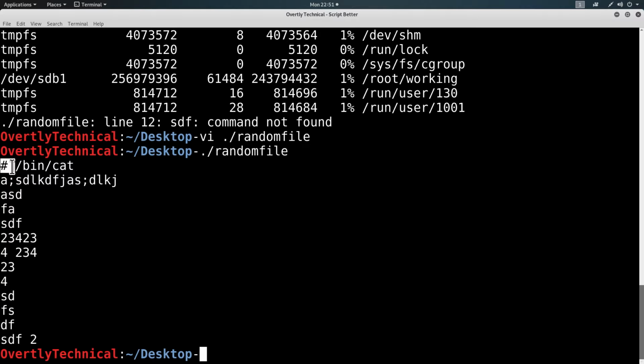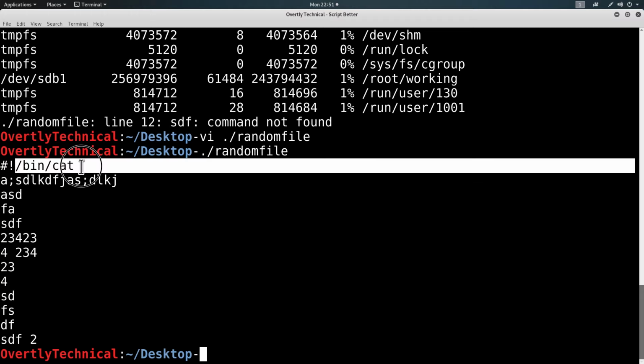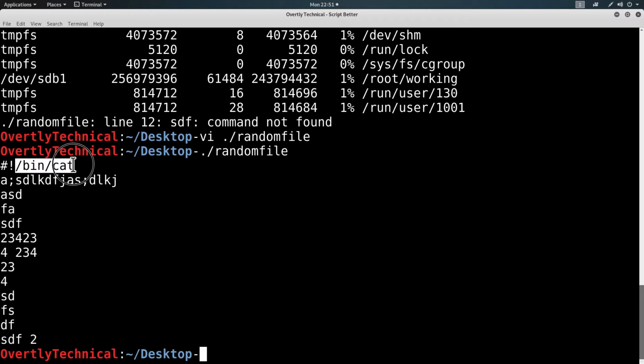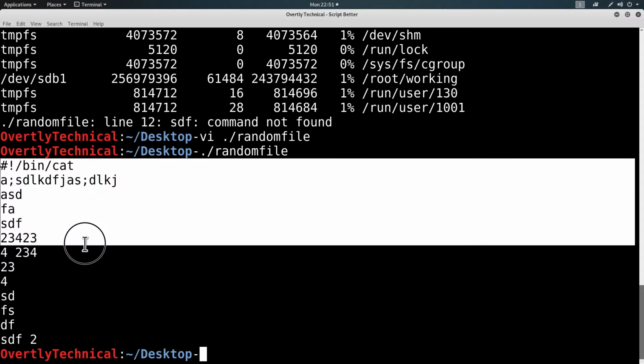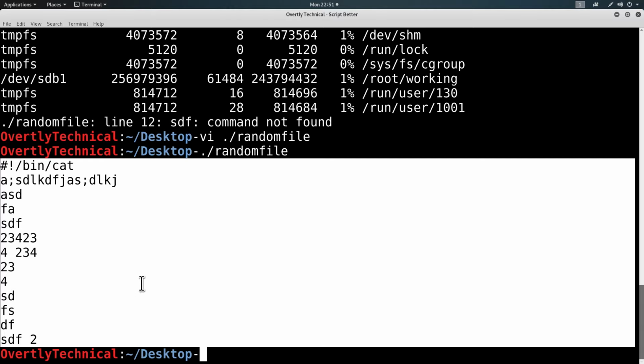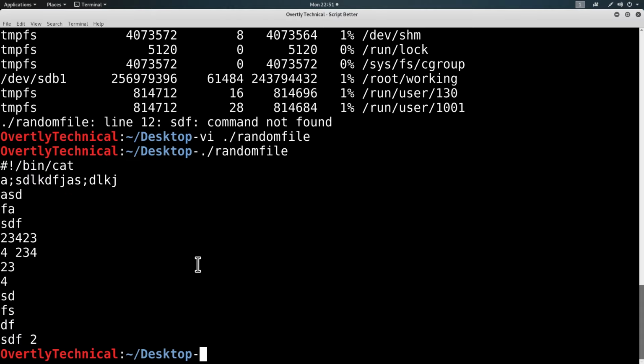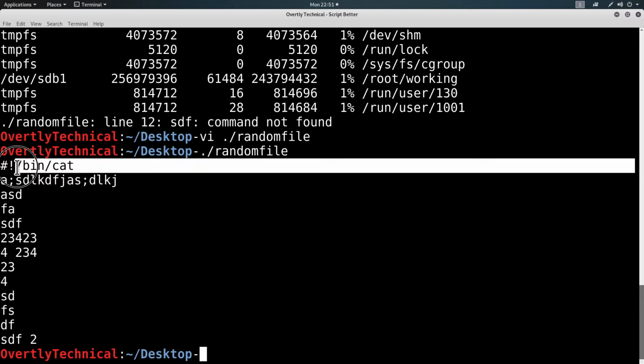It will use this first line to run cat, or to run this file. So it will boot the program cat, and then it will load this file into it. And what cat does is just take the file and put it onto the screen. So wham, bam, boom, there we go. This is important to understand what this line is for, because if you add extra stuff onto this line, it changes the argument for this cat.